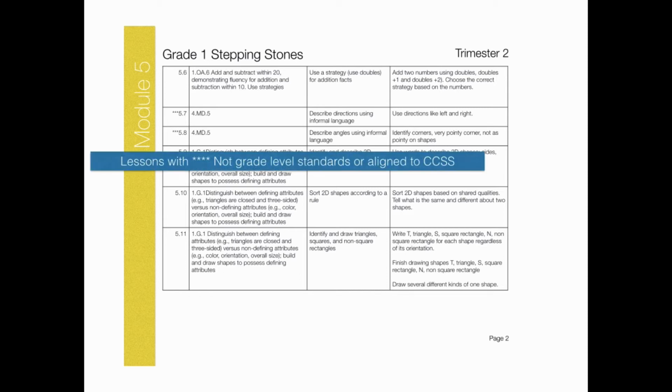Sometimes you will see lessons with stars next to them. This means that these lessons were not of the grade level standards or aligned to the Common Core state standards in some instances. These lessons may be skipped if you don't have enough time to teach all of them, just because the program has a certain amount of days that it is required to teach, and you may need to skip some lessons. And so these would be lessons that are not at the grade level standards, they are not aligned to the Common Core, and could be skipped if you need to make up some additional time or allow for some reteaching